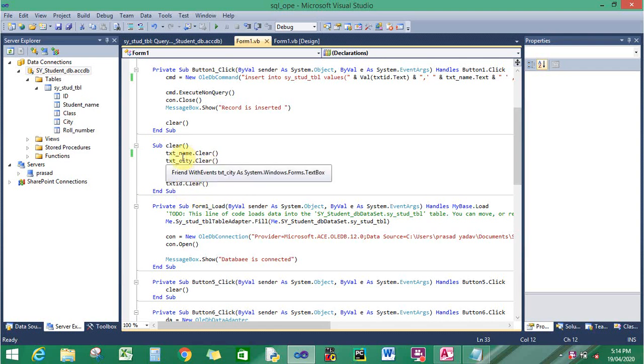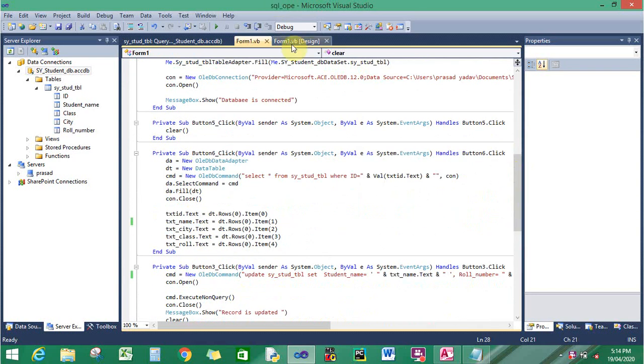So use the text box name dot clear method to clear the text boxes: txtname.clear. Likewise, all fields, all text boxes are passed here.